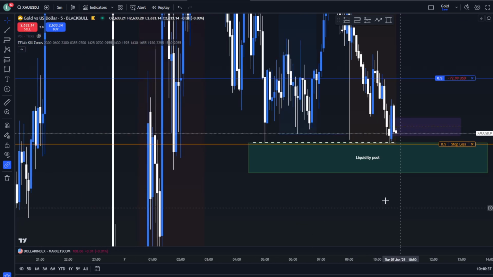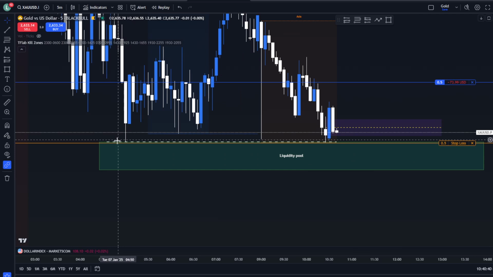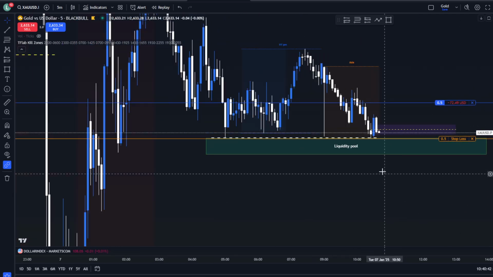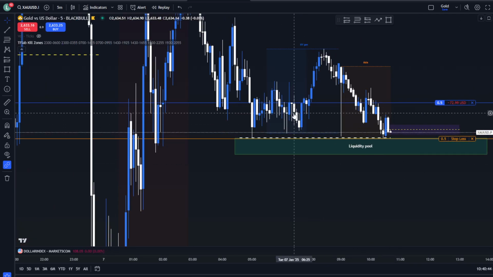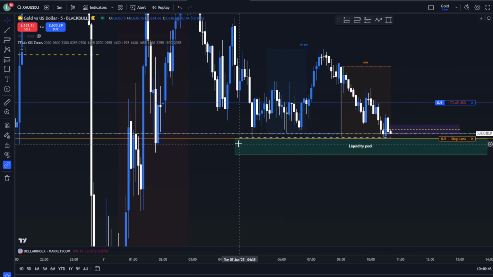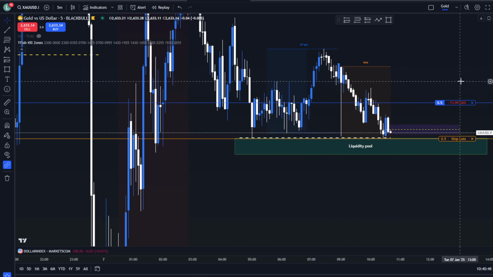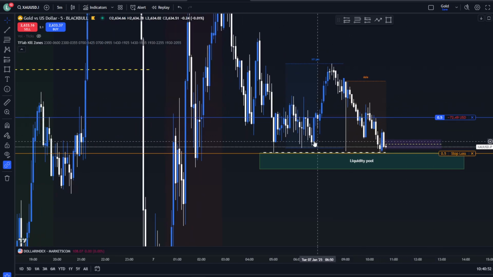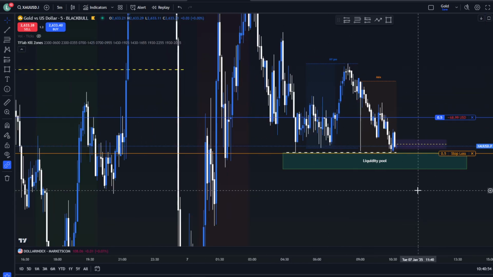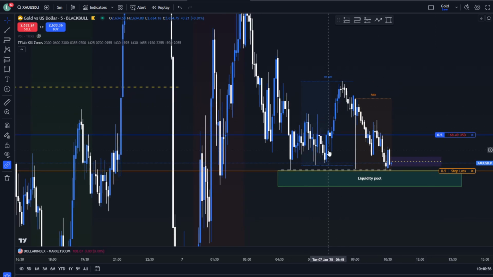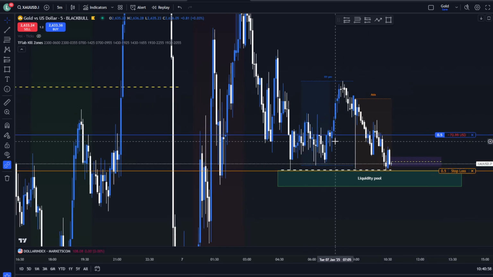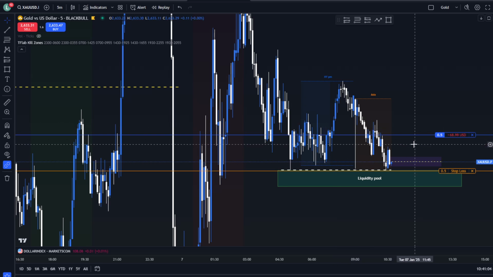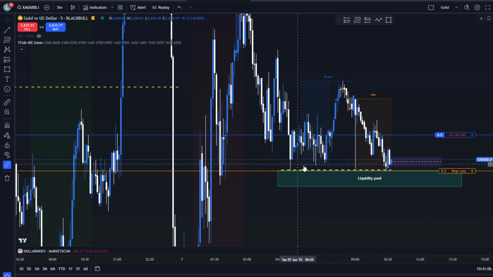But this is just such a clean liquidity zone here. This optimal trade entry, it really wasn't. I don't want to be negative, but I couldn't have been more wrong on this optimal trade entry. It looked like a good setup, but you're going to have ones that you lose on, so that's just how it is. But watching how this has played out, it's just created the cleanest triple bottom here,